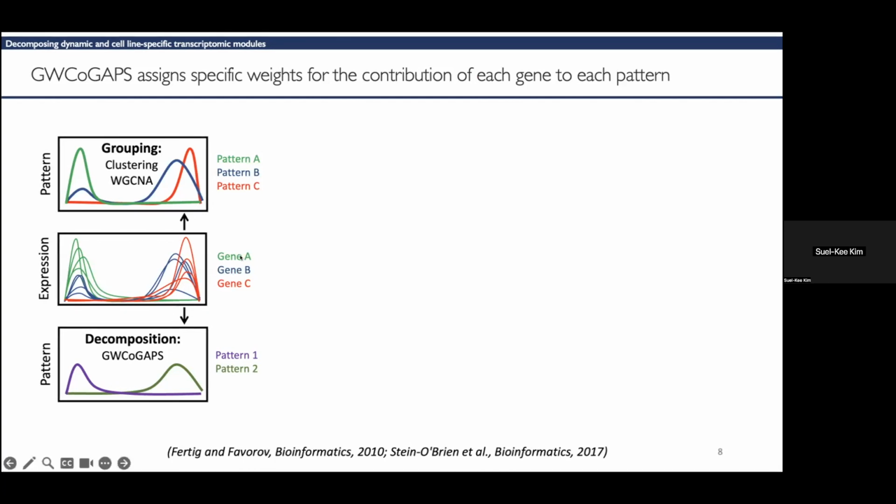So in this way, gene A would have a high contribution value to pattern 1, and gene B would have a high contribution value to both pattern 1 and 2. This approach especially allows us to understand the multiple use of a single gene for multiple biological events or functions. So applying this method,